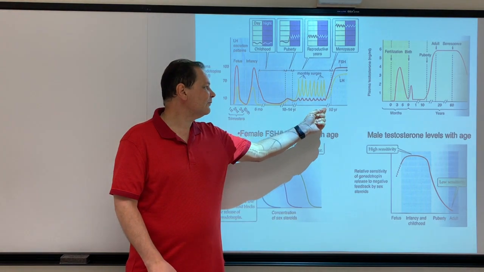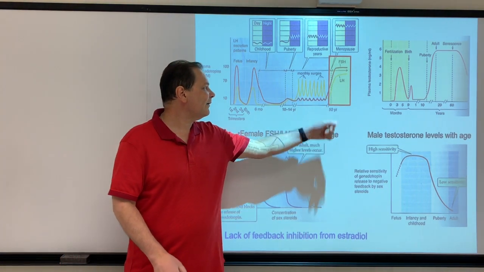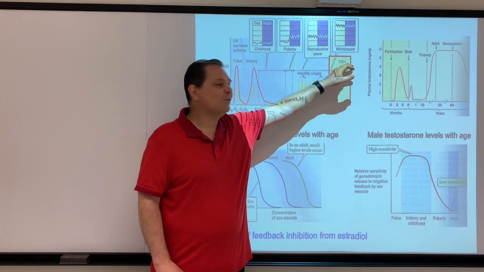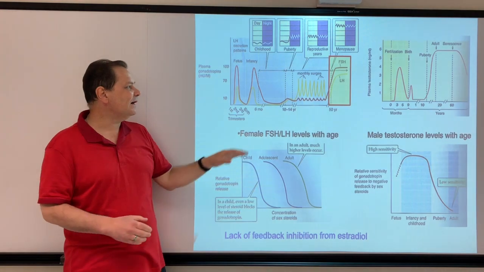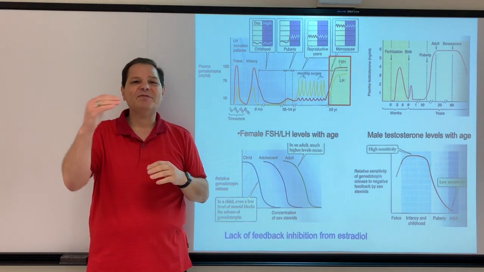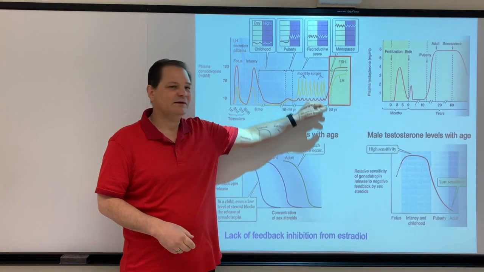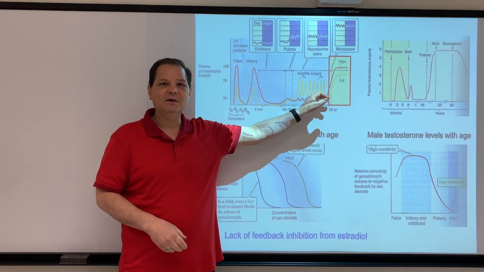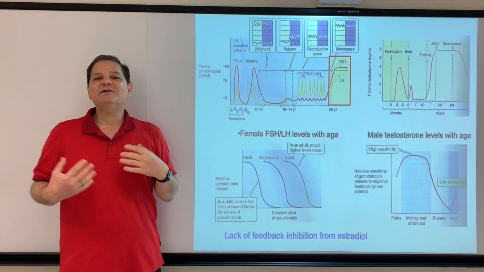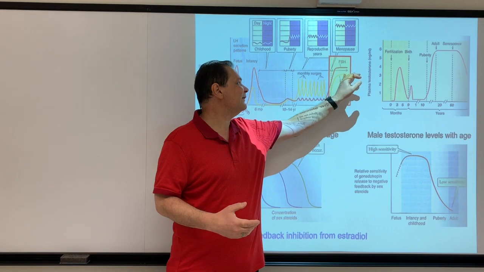Those take place throughout your reproductive years, and then you'll notice you hit menopause somewhere around the age of 50, and look what happens to the FSH and LH. All of a sudden, they're really high. And the reason is because during all this period, estradiol is feeding back upon the hypothalamus and the pituitary, and it's limiting the amount of FSH and LH that you secrete, depending upon where you are in the cycle. But all of a sudden, when you hit menopause, as we'll talk about in a second, the estrogen disappears from the system, and now you don't have this feedback inhibition, so you get this large increase in FSH and LH.